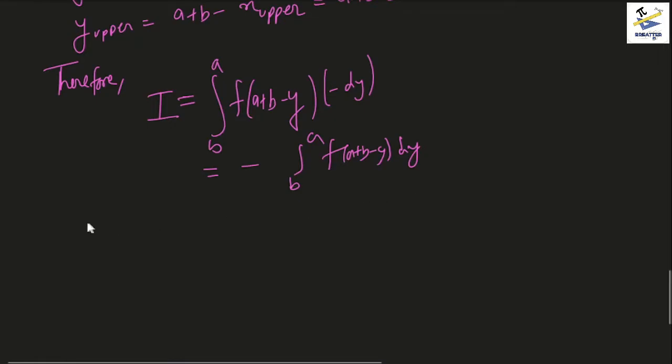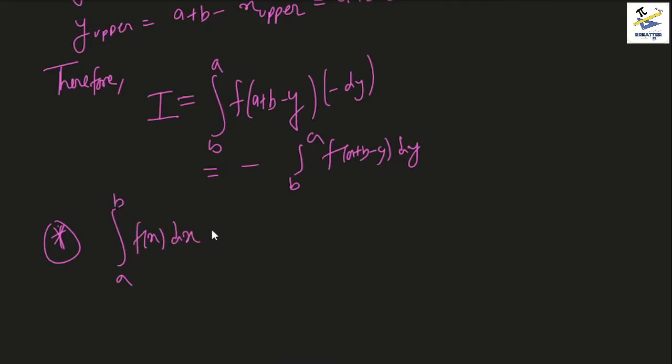First of all, remember that a to b f(x) dx is the same as minus of b to a f(x) dx. This can be proved in a very easy way, because